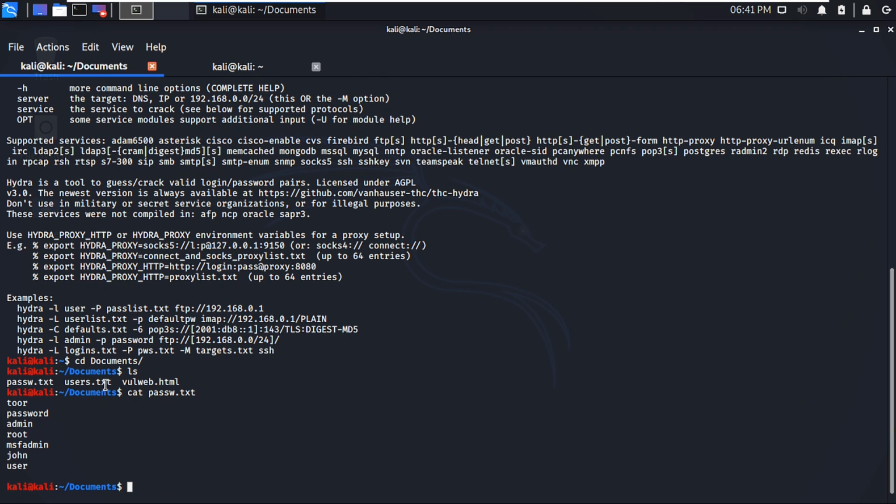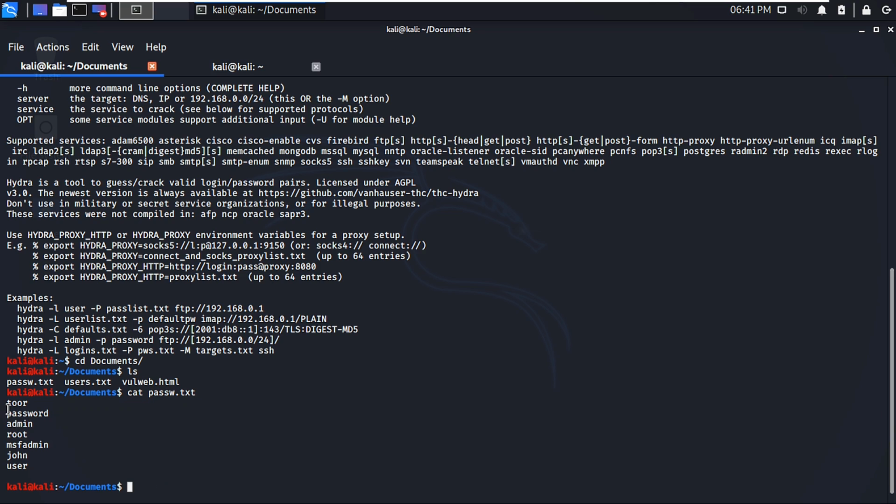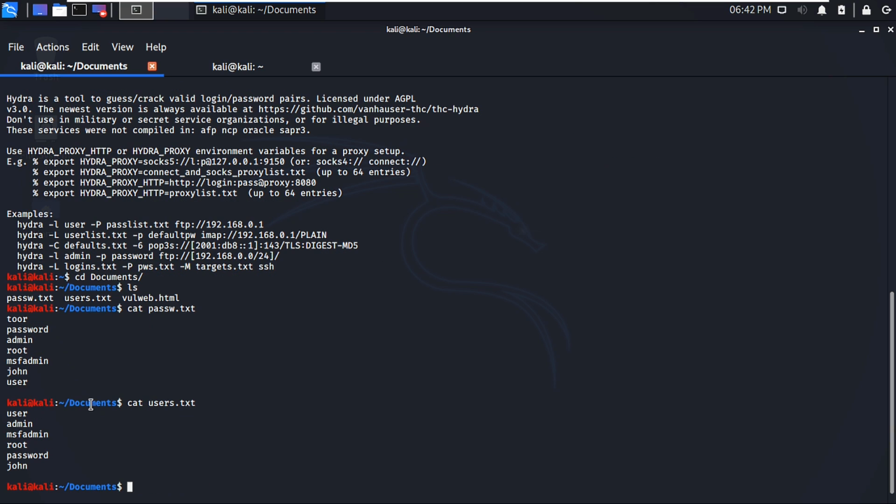You can create these lists yourself as well. It is a short list containing only 7 passwords, and I think 6 usernames, and we are going to use these username and password lists